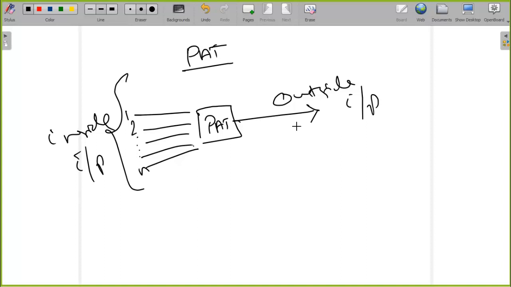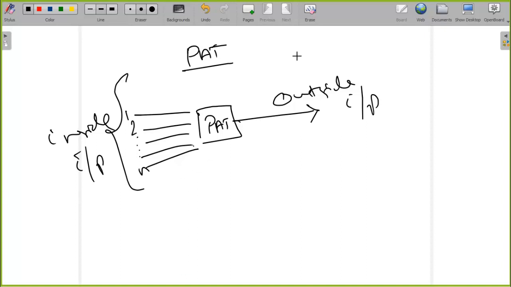Even when you are enabling the Wi-Fi hotspot on your mobile, and a number of devices are able to access the internet through your mobile, your mobile is also doing the same thing. The PAT protocol runs behind. So that is how the IP addresses are getting translated with the help of PAT.